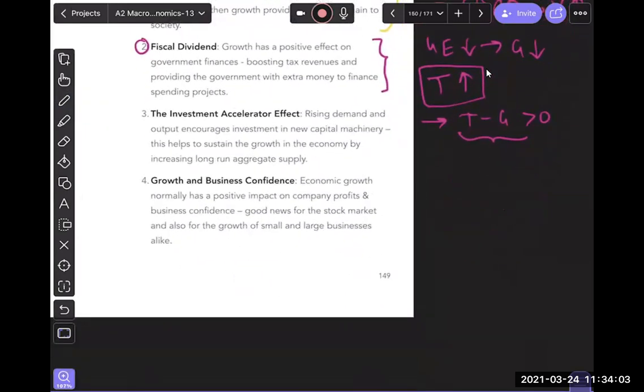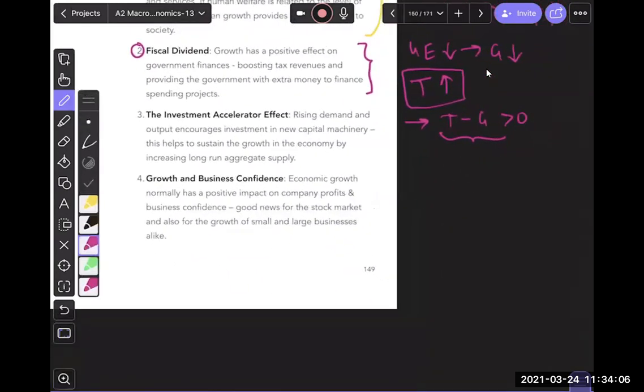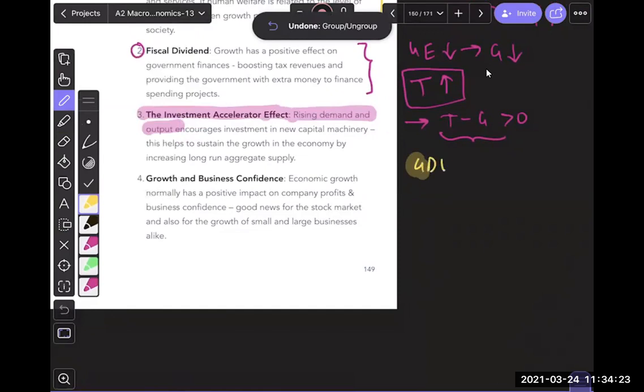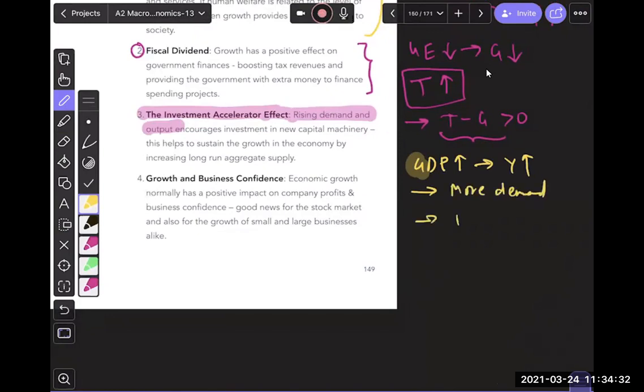Thirdly, guys, there is what we call an investment accelerator effect. This basically argues that because economic growth is happening, a demand rise is happening, and there is more output. Let me write this. So the output is going up, so GDP is going up. A rise in GDP, or Y going up, causes more demand, and therefore more investment, which in turn would mean the multiplier effect would happen again, which means more income and so on. So there is what we call a growth spiral,